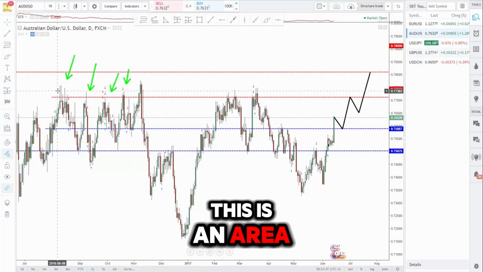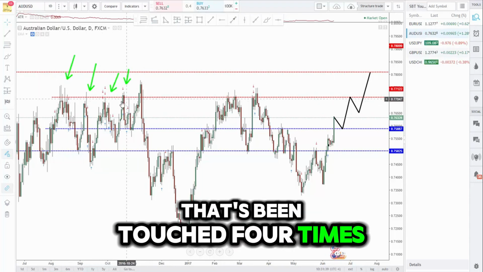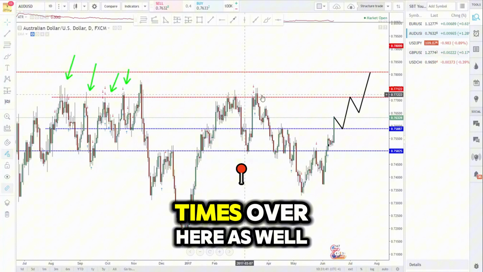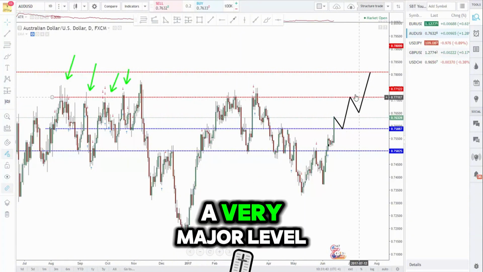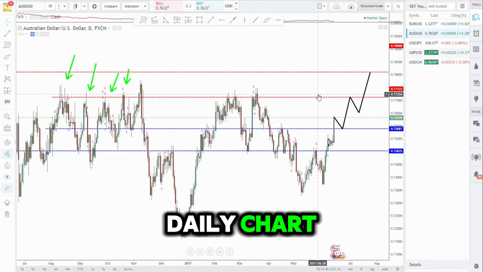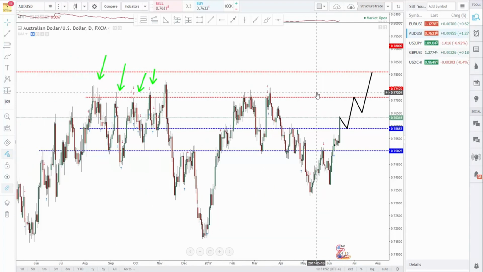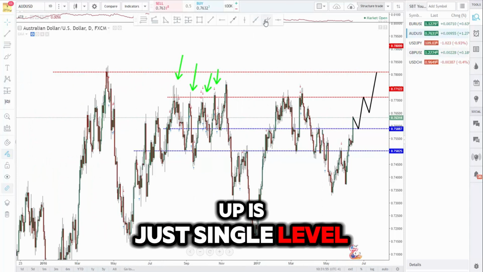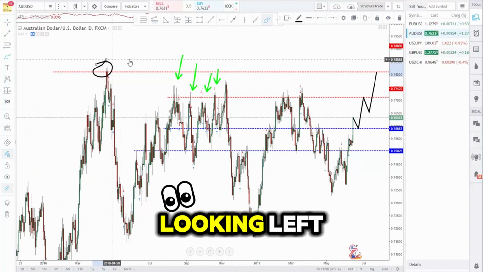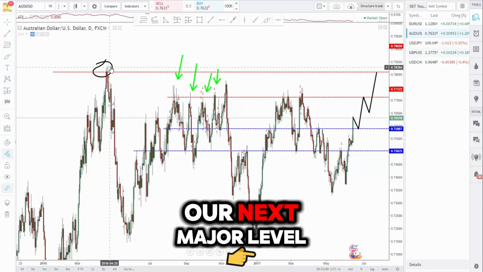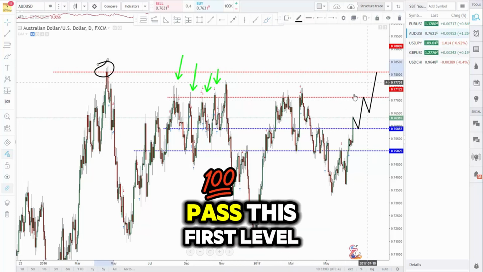This is an area of structure that's been touched 4 times and pushed down from, plus a couple of times over here as well. So that's going to be a very major level of resistance out here on the daily chart that we'll be paying attention to for shorting opportunities here on the Aussie dollar. And the next level up is just single level, but it is the highest level we have looking left, which is why it's going to be our next major level of structure if the market does pass this first level